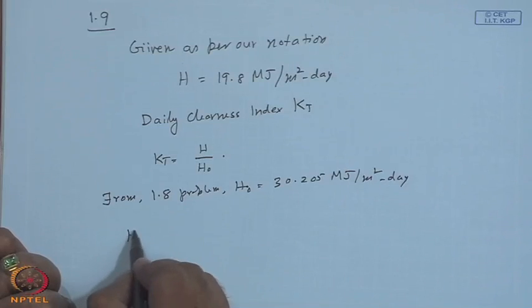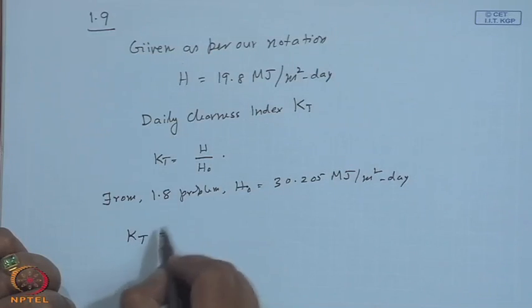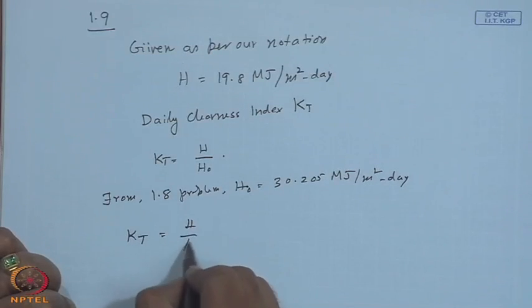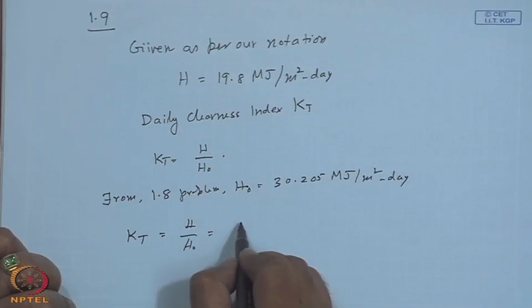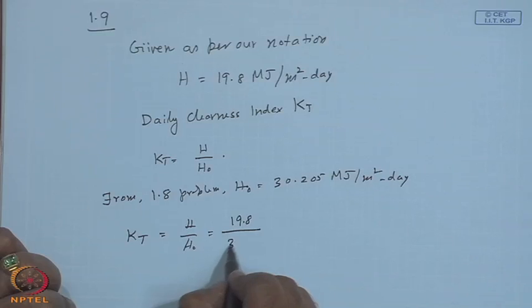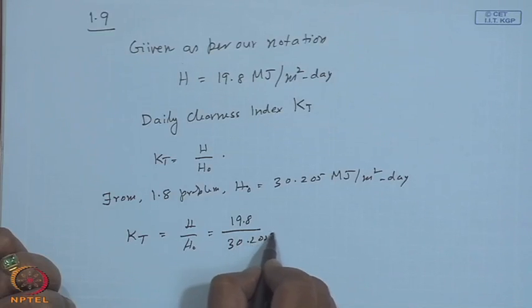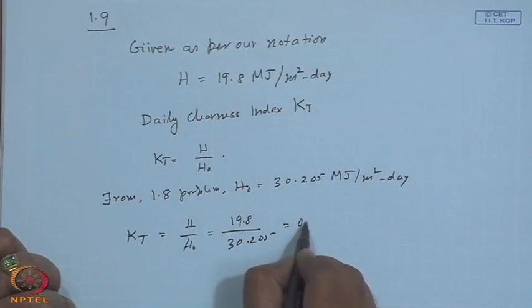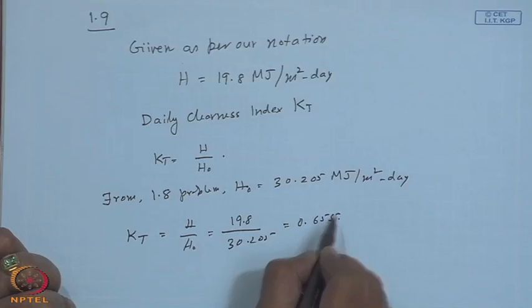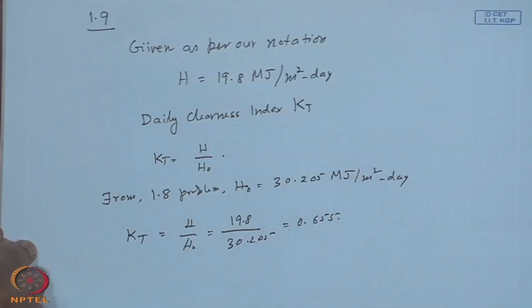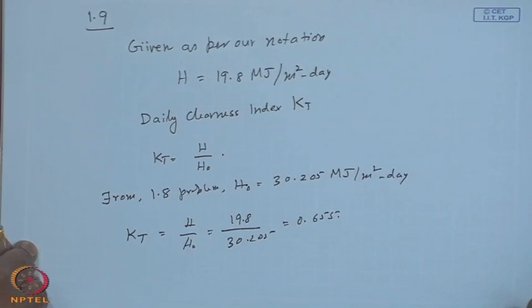So, your clearness index K_T will be H by H 0, which is 19.8 by 30.205, equal to 0.655. It is not that it is a great calculation or problem, but the problems in